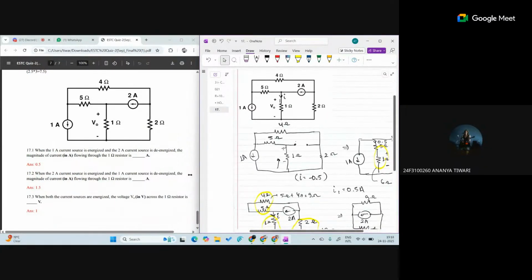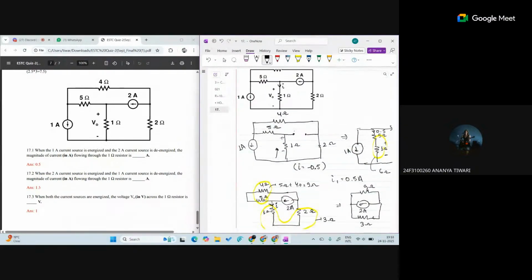It's not for the first one and second one. So from this, we will get Ix1 as minus 0.5. Why? Because this 1 ampere was coming here and we took the current direction in this way,